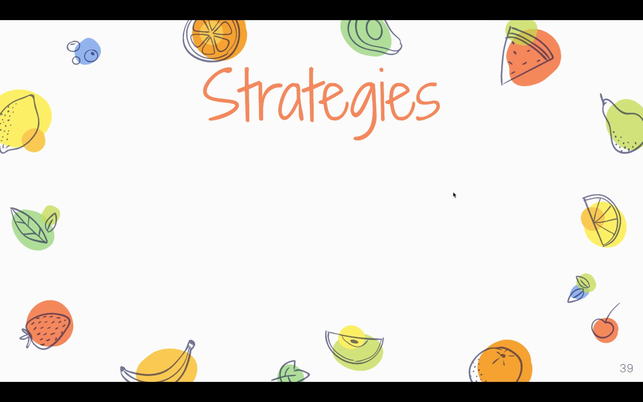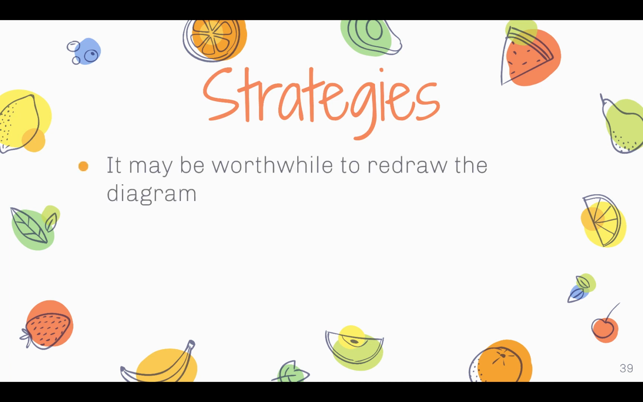So here's a summary of your strategies. It may be worthwhile to redraw the diagram, especially if you're struggling to visually parse it. If it's hard for you to block out parts of the diagram, just go ahead and redraw it to the best of your ability. Just be careful to put in all the given information, like all the congruence marks, any right angles, any parallel lines. Another strategy is to add the congruence marks as you go. Every time you make a statement and prove that something is congruent, add that mark